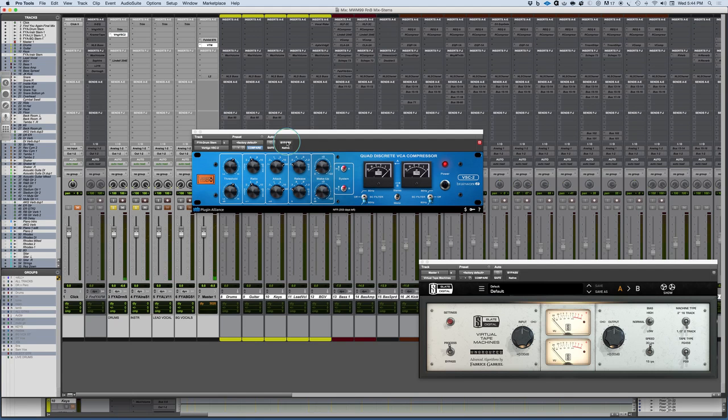So that gives me the ability to kind of rework the drums a little bit independent of the rest of the music. And if I wanted to,